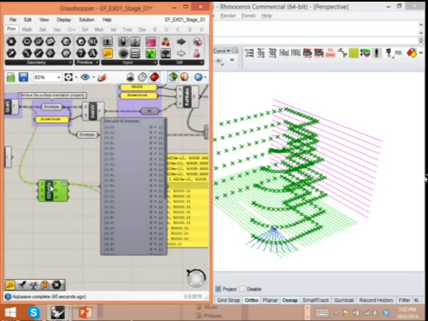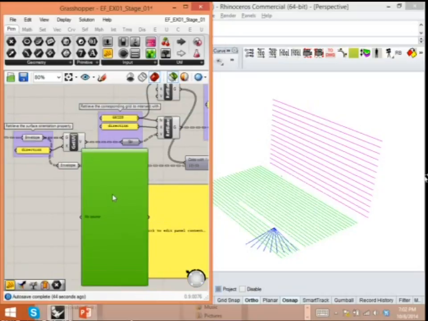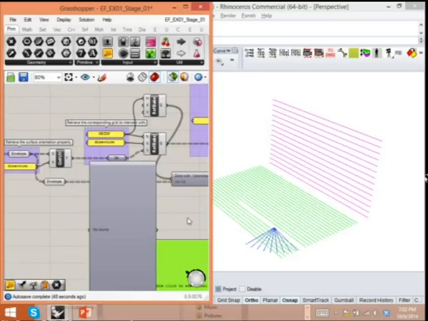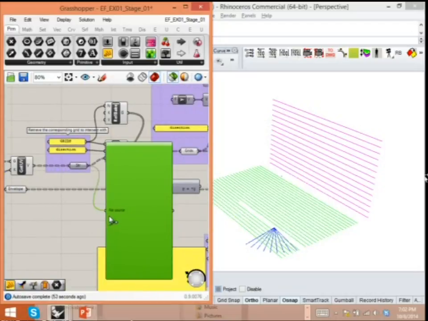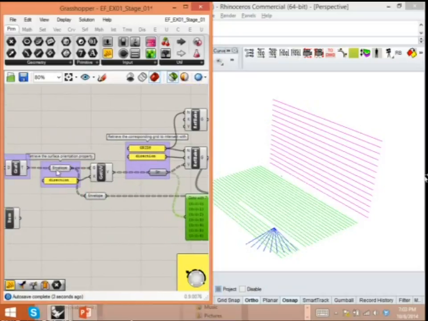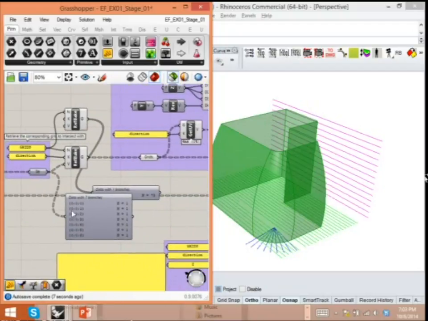Now we're not going to divide these surfaces. This was just to illustrate that it is important that whenever we reference these grid lines, we make sure that we only have one direction specified for each of these grid lines. So therefore we grafted the tree of these envelope surfaces, because for each of these surfaces we're going to expect multiple grid lines. So if you were to